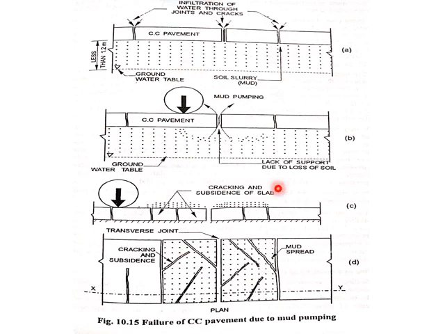This diagram explains the mud pumping process, that is the CC pavement which has the crack or the joint through which the water enters the muddy area. Here there is mud, that is soil with excess fines or silt or clay. The water mixes with it. Then when heavy vehicles move, the slabs get deflected, more water comes inside, more slurry is formed, and again when the heavy vehicles move, the slurry gets ejected or pumped out through these gaps or cracks, and there is mud spread over the rigid pavement surface.